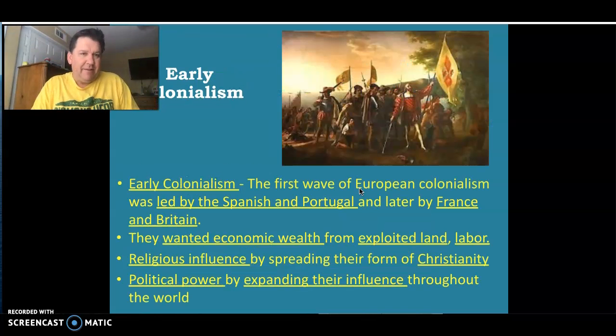The importance that you guys are going to get is that our map today is based on what happened in our past. All right. Again, take the United States. So there's two waves of colonialism. The first wave I just went over. And again, we're exploiting land. We're spreading religion, political power influences.